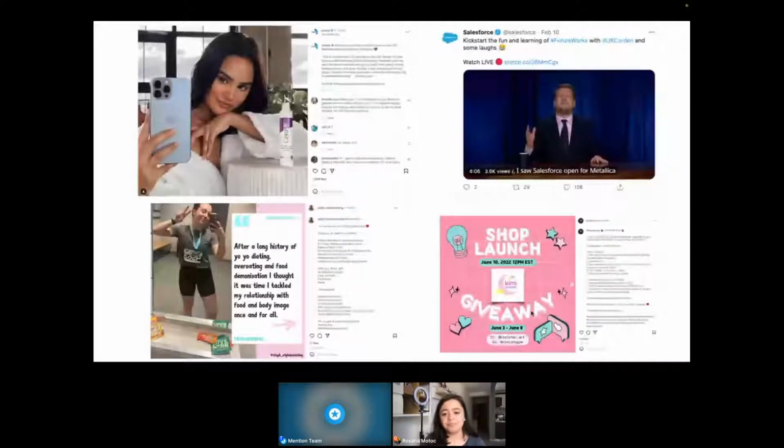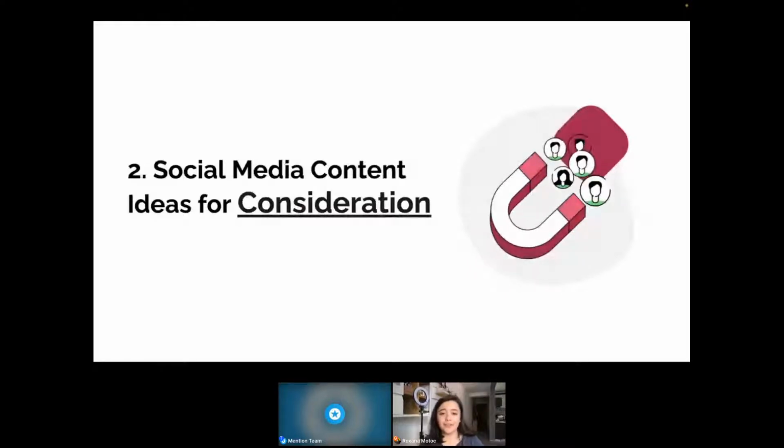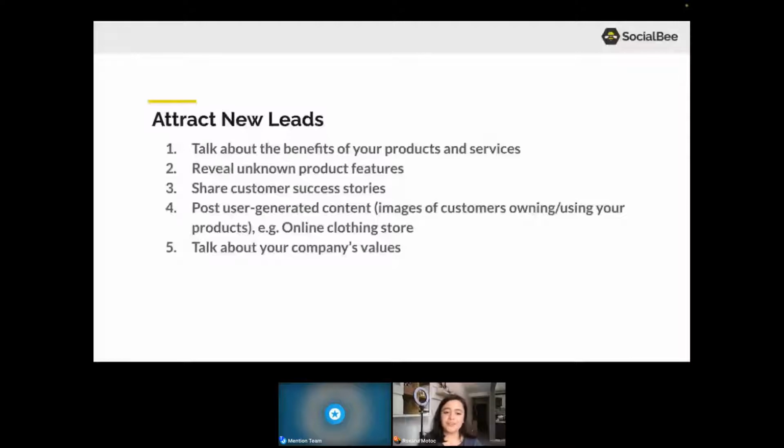Now, moving on to the second stage of the funnel, consideration. Once again, you have a main goal for each stage. For the second one it is attracting new leads. And how can you do that on social media? You can easily talk about the benefits of your products and services. So, in the first stage, you just introduced the product, you showed how it works, just a brief introduction to your product. Now, in this stage, you can already talk about benefits, you can talk about unknown product features, you